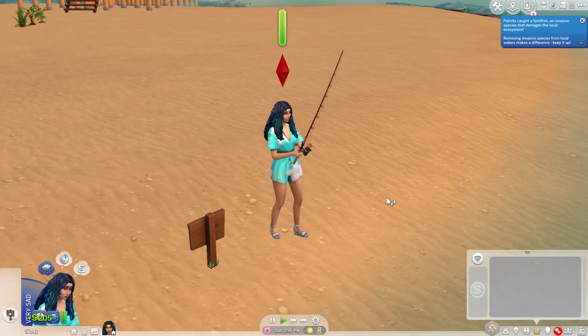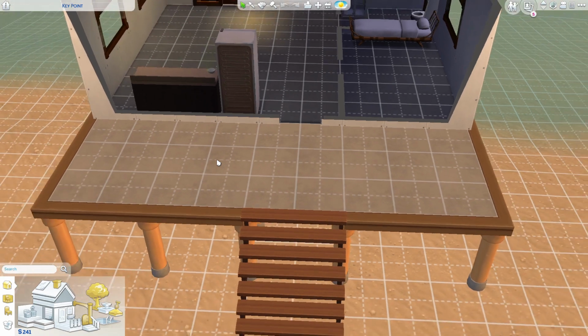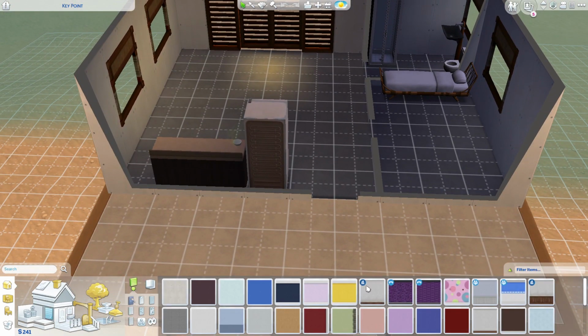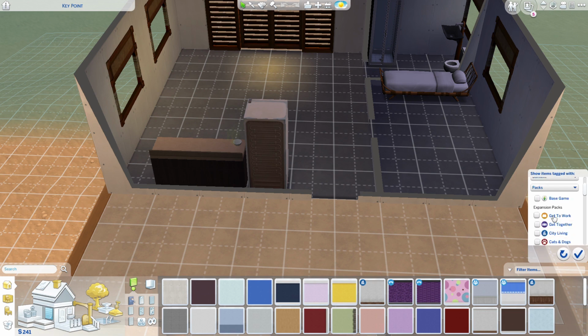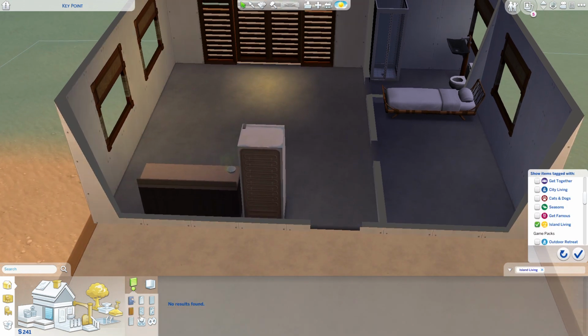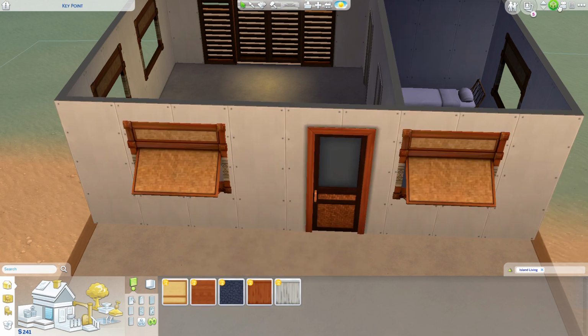Alright, so I got 205 simoleons there. Let's see if we can maybe get some paint or something going on the exterior at least. So let's see what we got here. We'll filter through Island Living because again, it's Island Living. I want to showcase as much of this pack as I can. So we'll go underneath all here. We'll see what sort of fits in with the roofing. I'm guessing it's probably going to...